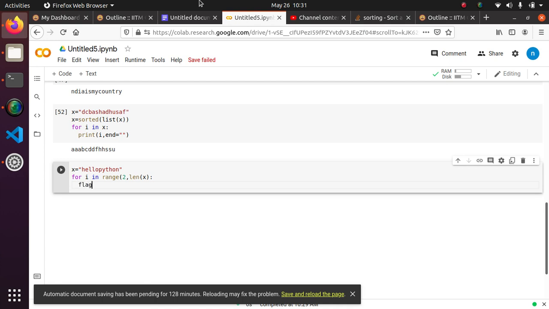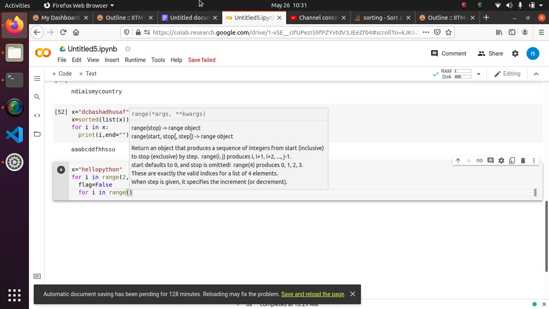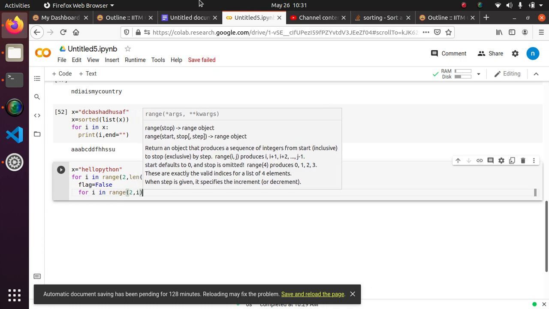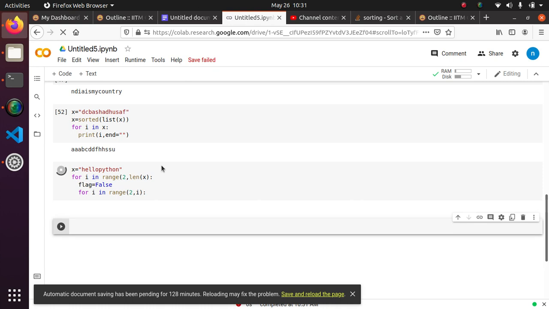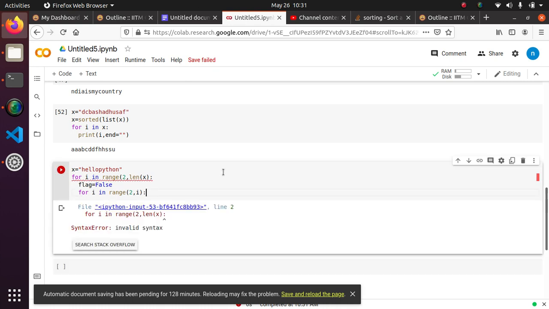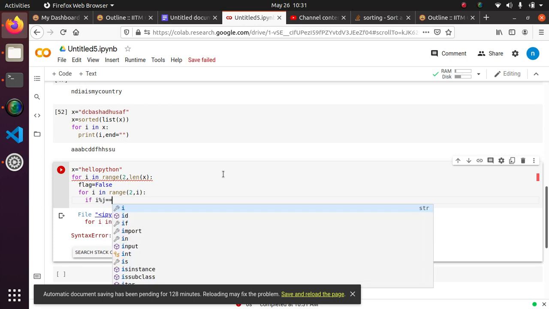So we are having flag equal to False. Then for j in range of, again 2 comma i, this is a very easy thing. What happened? Sorry, give me a second. 2 comma i, if i percentage j equal to 0.